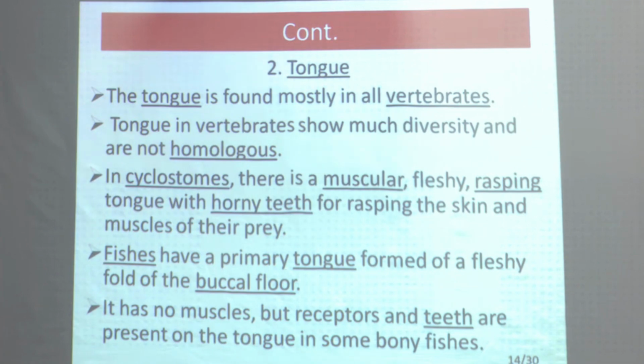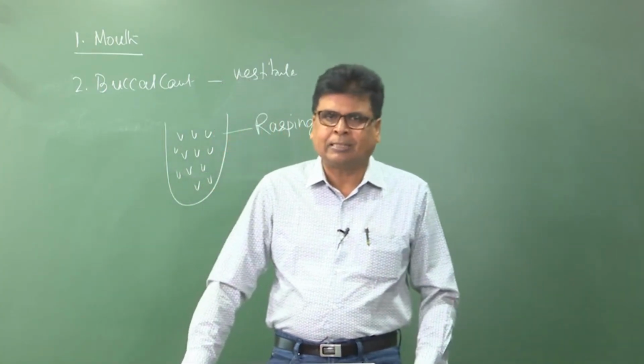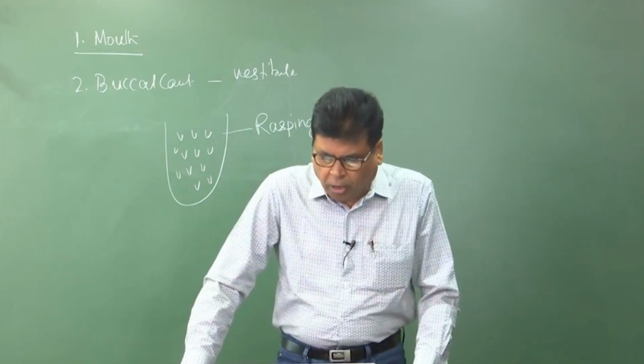Then come to the fishes. Fishes have a primary tongue formed of a fleshy fold of the buccal floor. So how is this tongue formed? It is formed due to folding of the buccal floor. So in fishes, there is a tongue which is formed of the